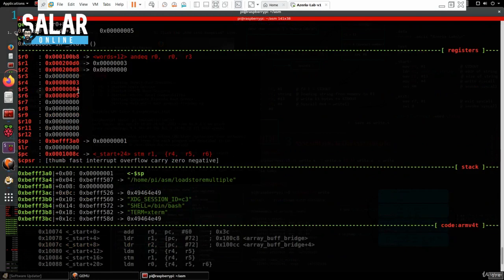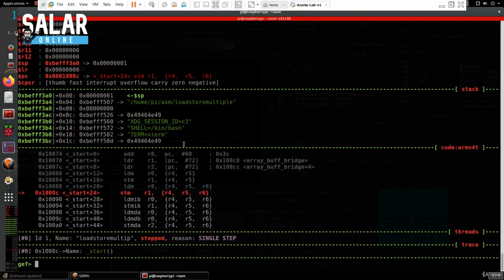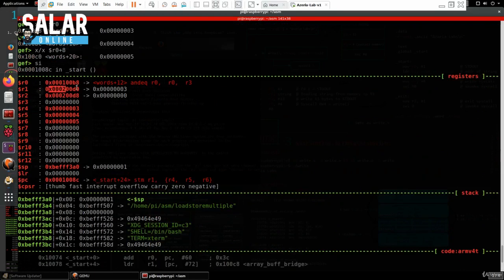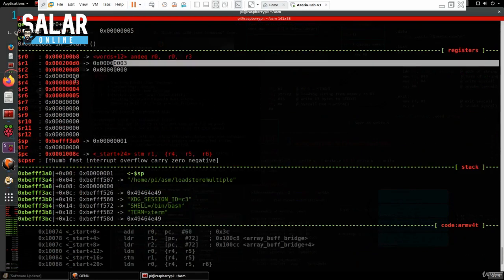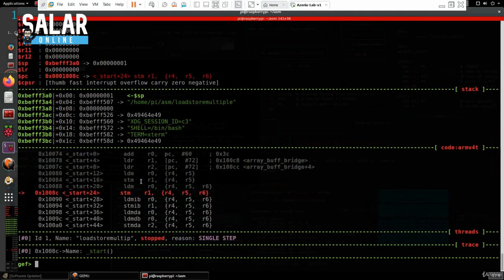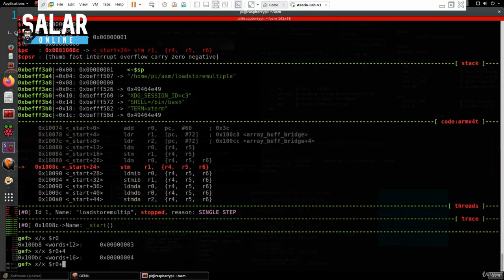So R4 contains 3 and R5 contains 4 and R6 contains 5 as expected. And similarly we can look at the store multiple instruction that has 3 registers, and R1 currently has a value of 3, and if we look at R4 and R5 and R6, they contain 3, 4 and 5. So if I just inspect R0, R0 contains 3 and R0 plus 4 contains 4 and R0 plus 8 contains